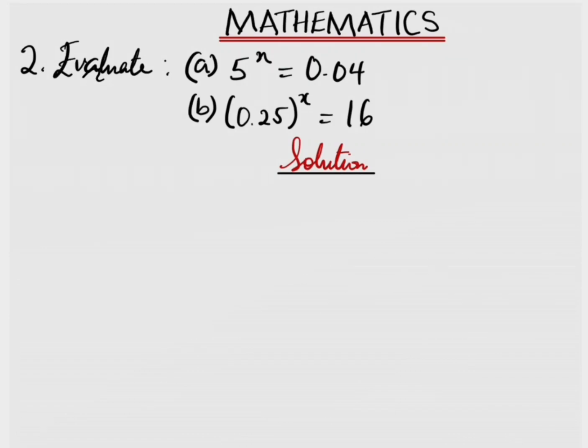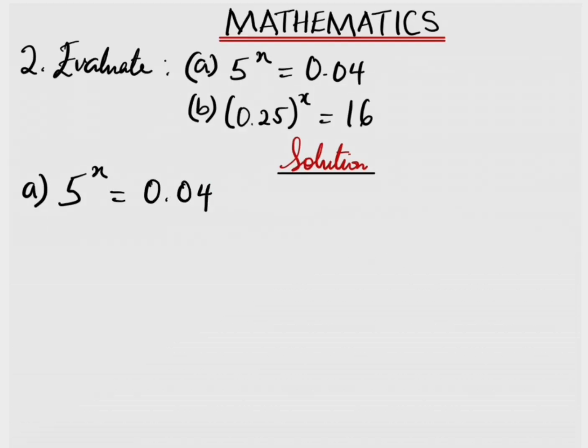Question number 2 reads, evaluate A, 5 to the power of x equal to 0.04, and B, 0.25 to the power of x equal to 16. Let's start with A. 5 to the power of x equal to